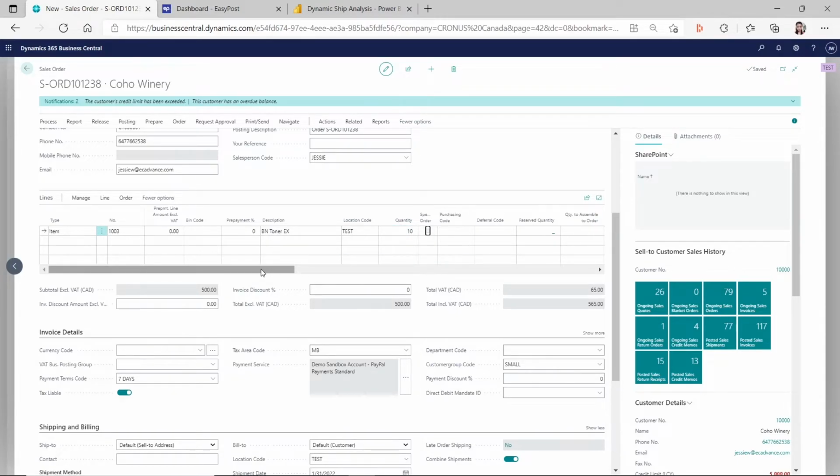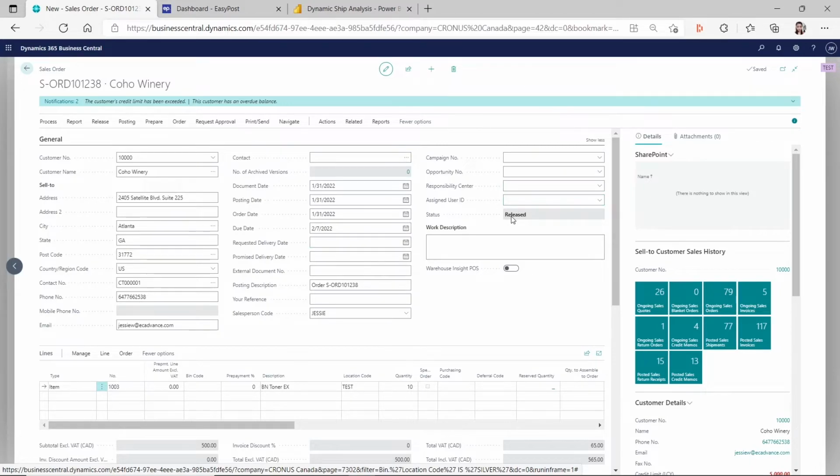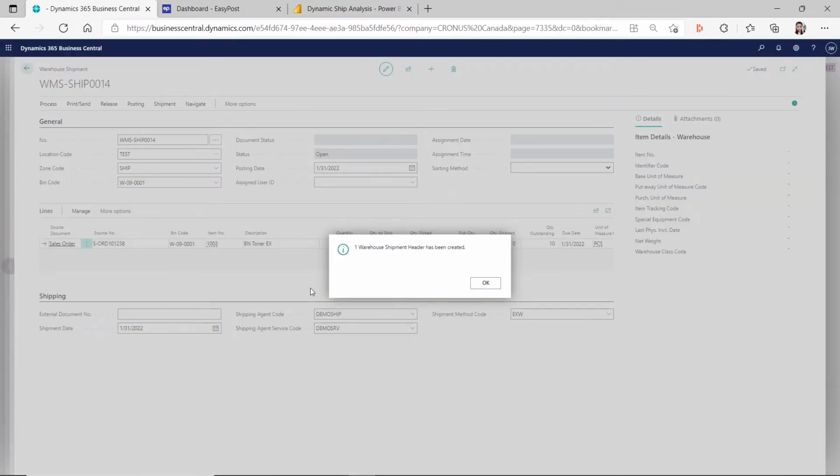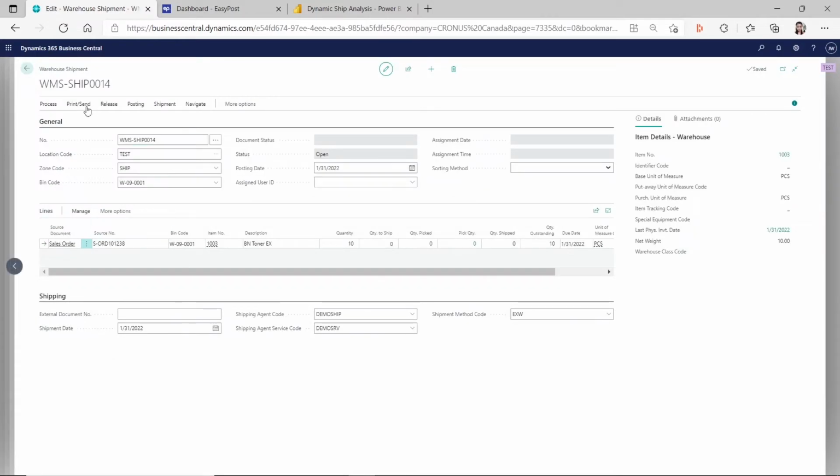And after you did that, then you can release your sales order, because in order to create a warehouse shipment, you have to make sure the sales order is in the released status first. And you go to actions, warehouse, create a warehouse shipment. Okay, so the warehouse shipment is created automatically. It opens the warehouse shipment page. And so for this warehouse shipment, I have to create a pick and register the pick first before I can pack it. Okay, and so that's why we have to use the zone and the bins, because you have to